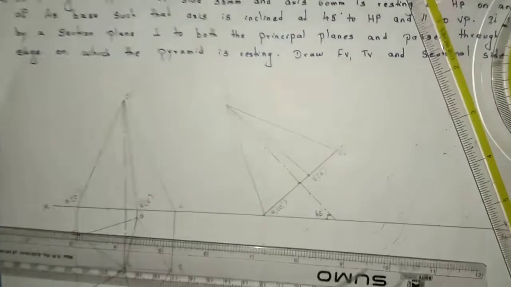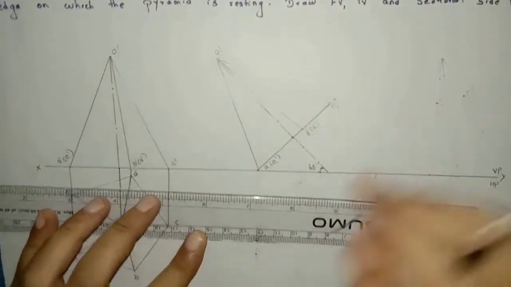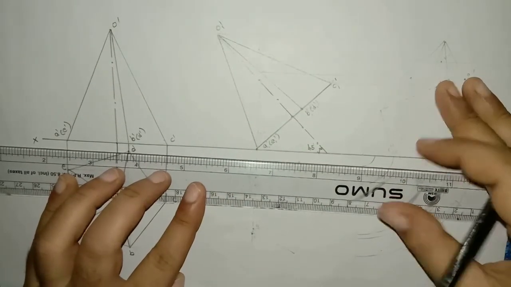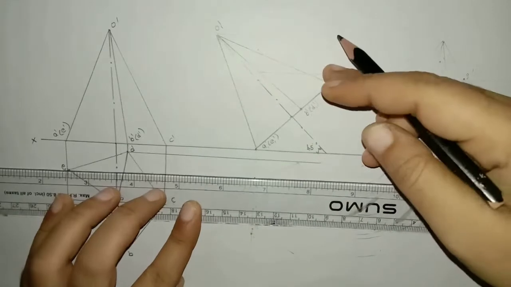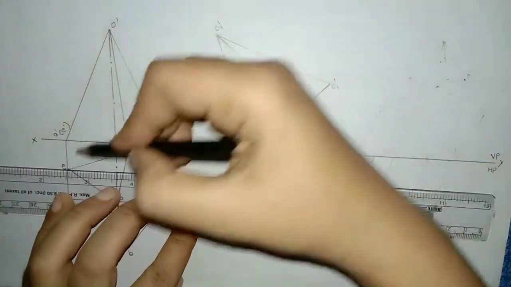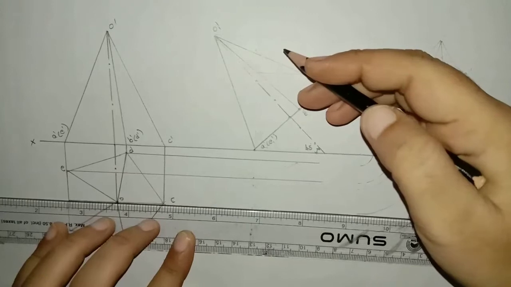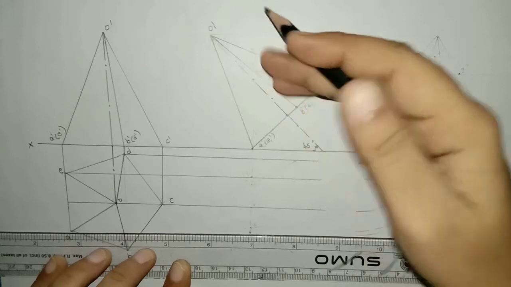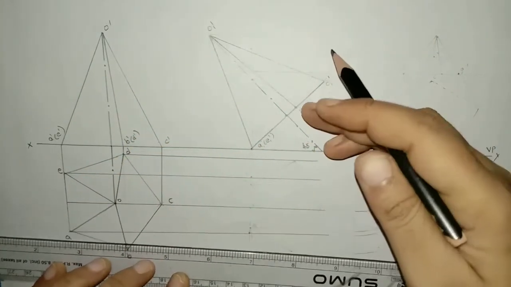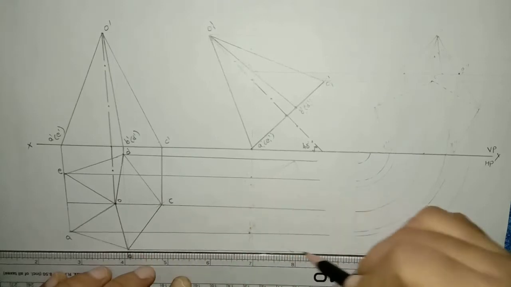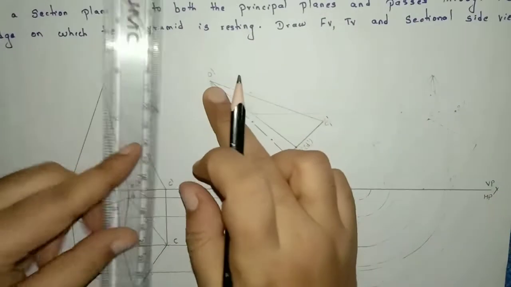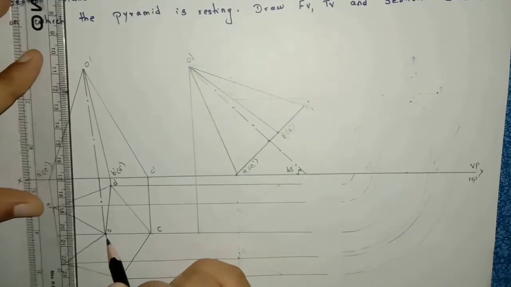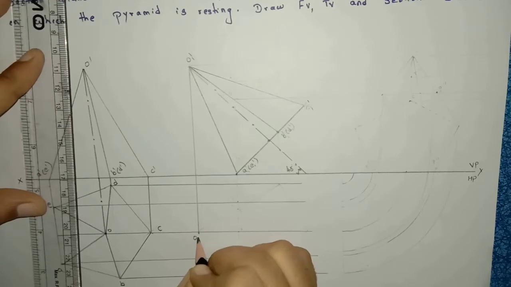In order to construct step 4, you should draw all the projectional lines. From D, draw the projectional line of any length. From E, from C, from A and from B. Right, now after that this point is O dash. From O dash to point O, name this point as O1.